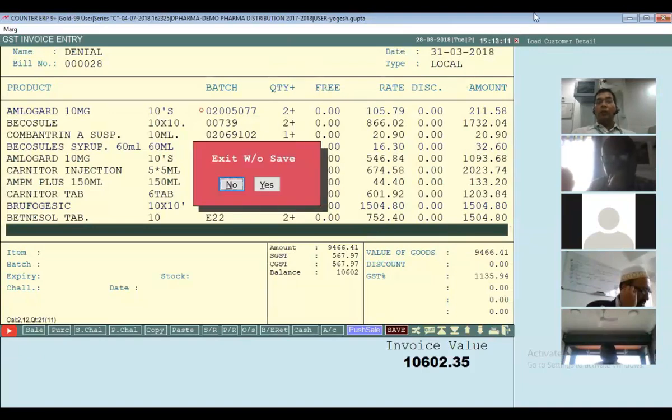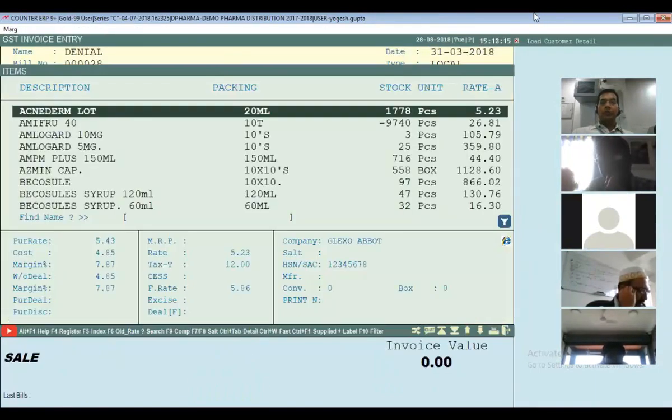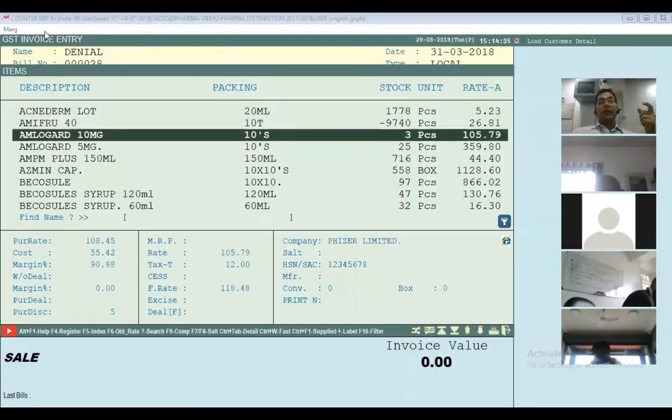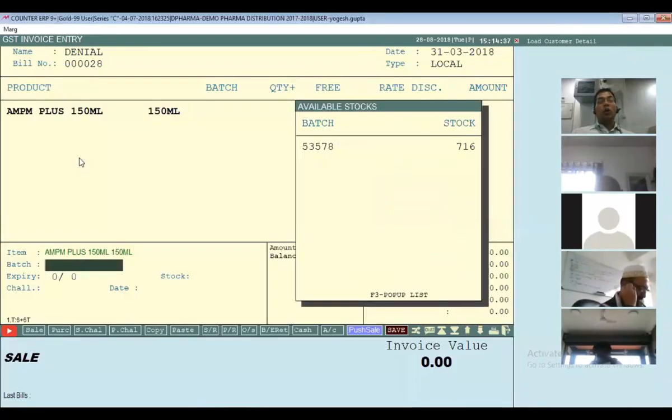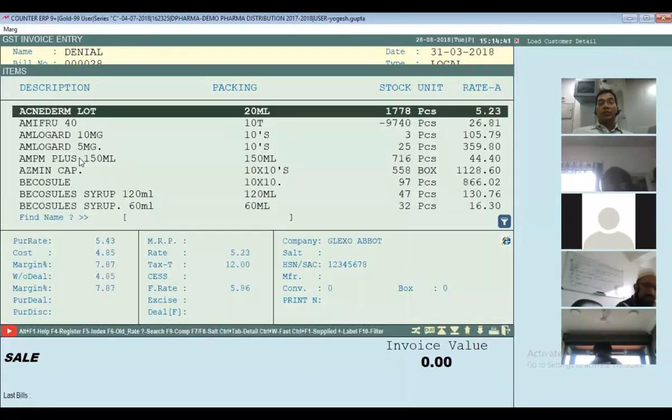Okay, now I move to the next thing. Again in the sale bill. I don't know about your country, but in our country, it is very difficult to understand the language of the doctors. Now, the chemist doesn't understand the entire item, but of course, in between, he understands one or two alphabets. So for that, Marg also gives the support.